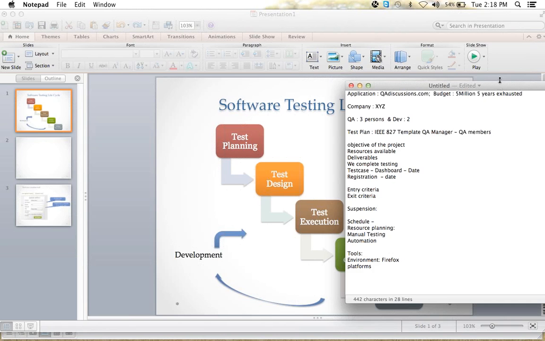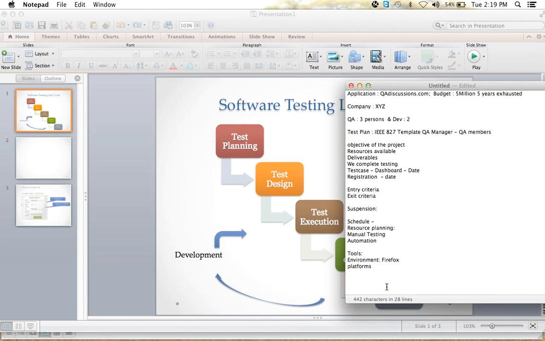They can also say their own opinions, right? So in this way, all the things will be planned well before. This test plan will be prepared by the QA manager, and also will be discussed with the QA members later on. Access to this test plan document will be given to all team members, but there won't be any edit mode. It will be in a read only mode.